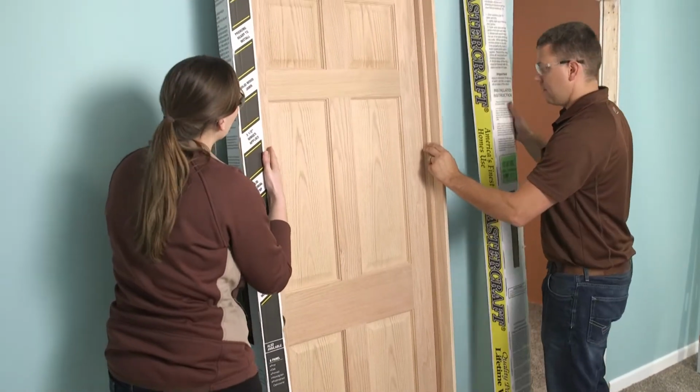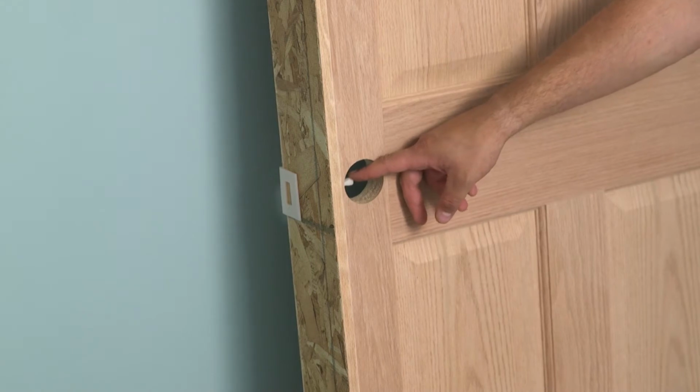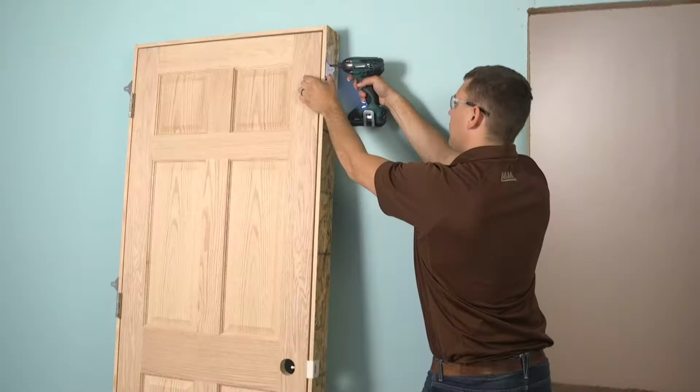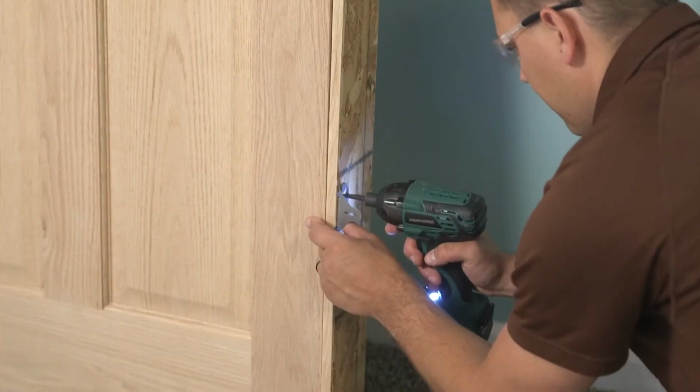Next, remove any packaging from the door unit. Leave the door clip installed in the door at this time for ease in installation. Install 1 door hanger flush with the top of each hinge. Install 3 more door hangers on the strike side of the jamb, directly across from the location of the hinge